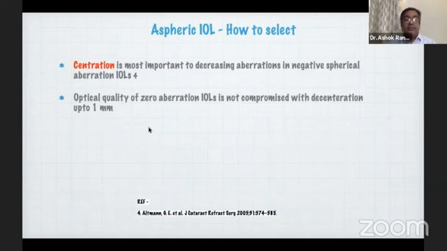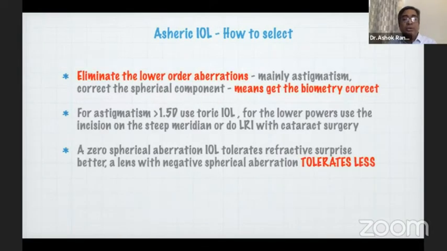So these are facts which have come out of various studies, and there is a lot of literature on the things which I'm mentioning here. So in short, when you choose an aspheric intraocular lens, for the practitioner who's beginning his high-end phaco cataract surgical practice, I would say first eliminate the lower order aberrations to give good satisfaction to the patient, which means